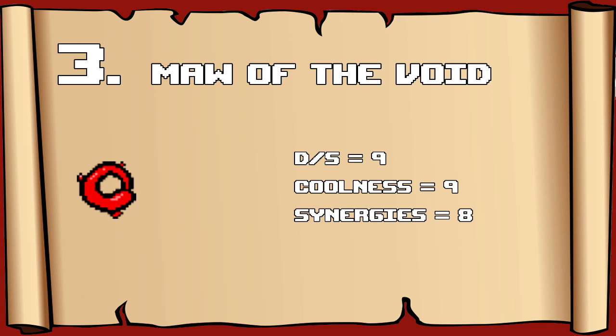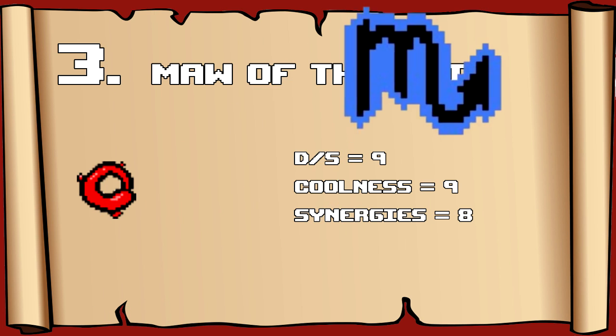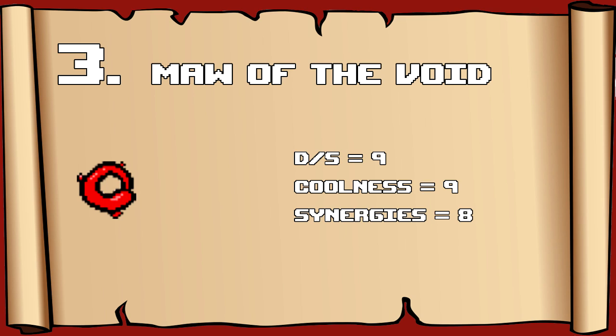whenever you want, really. And the synergies, all your tier effects actually synergize with the circle that comes around you when you use Maw of the Void. So if you have Scorpio poison tiers, your ring with Maw of the Void will actually do poison damage to your enemies. I think that makes Maw of the Void definitely one of the best Deal with the Devil items